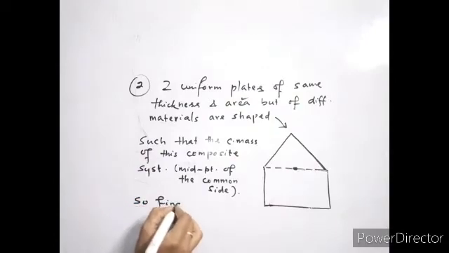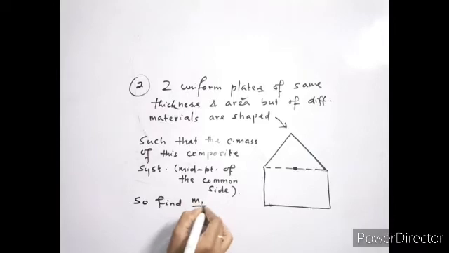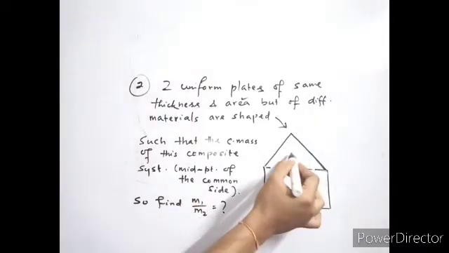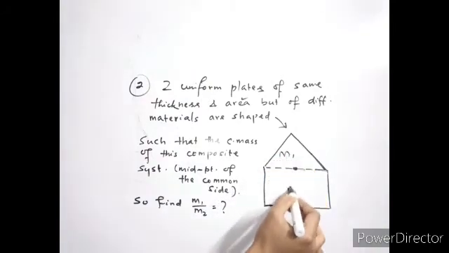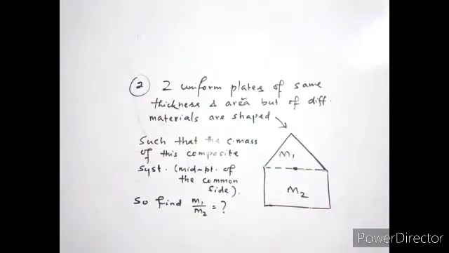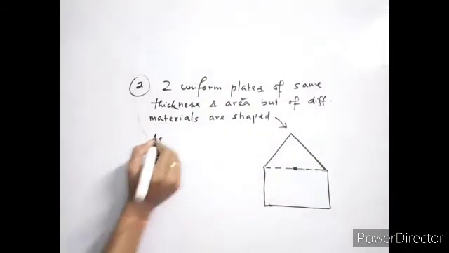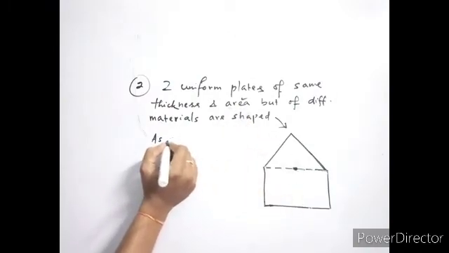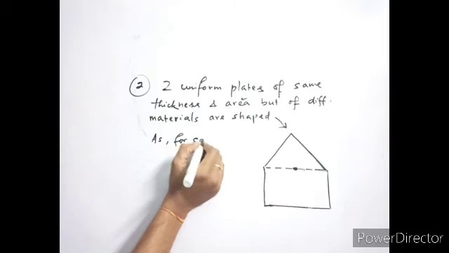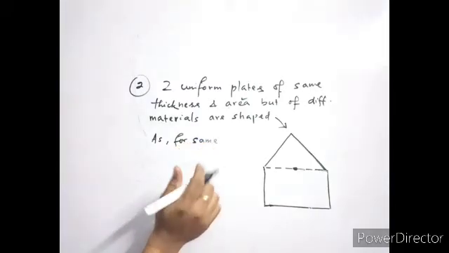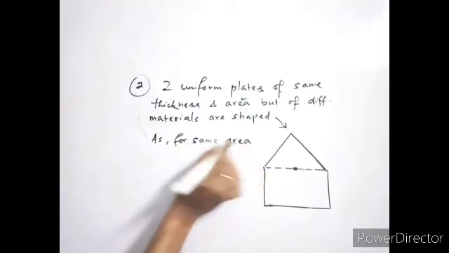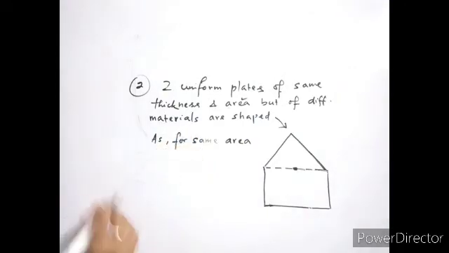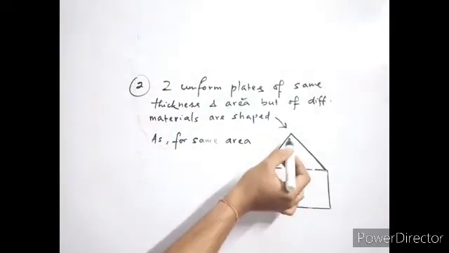Now we need to find the ratio of the masses. Now m1 is the mass of the triangle and m2 is the mass of the rectangle. They are of different materials, obviously, so they will have different masses even if they have the same volume. So with the thickness being same, we are not concerned about thickness now. Only the area can change, and because of that the volume will change. So for same area we'll be having